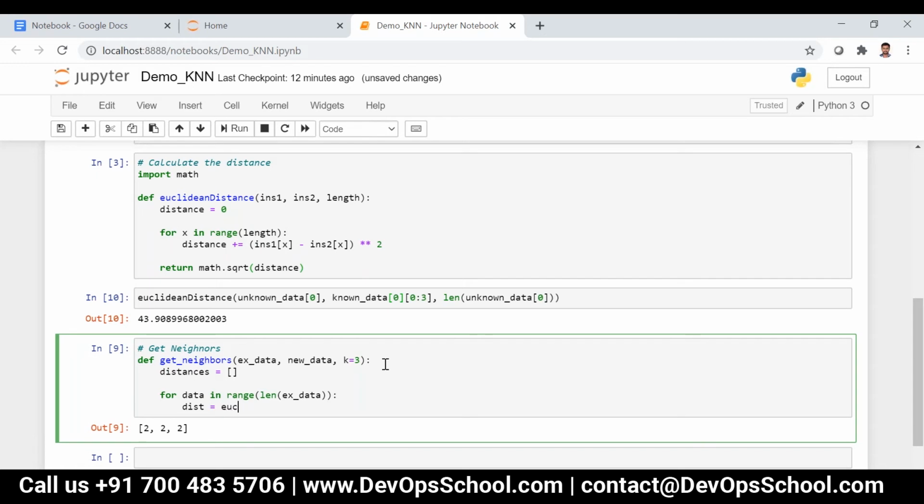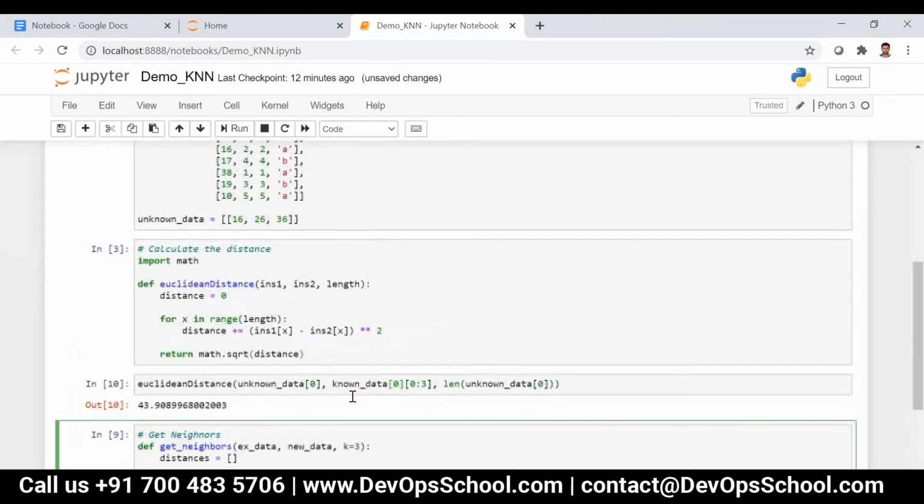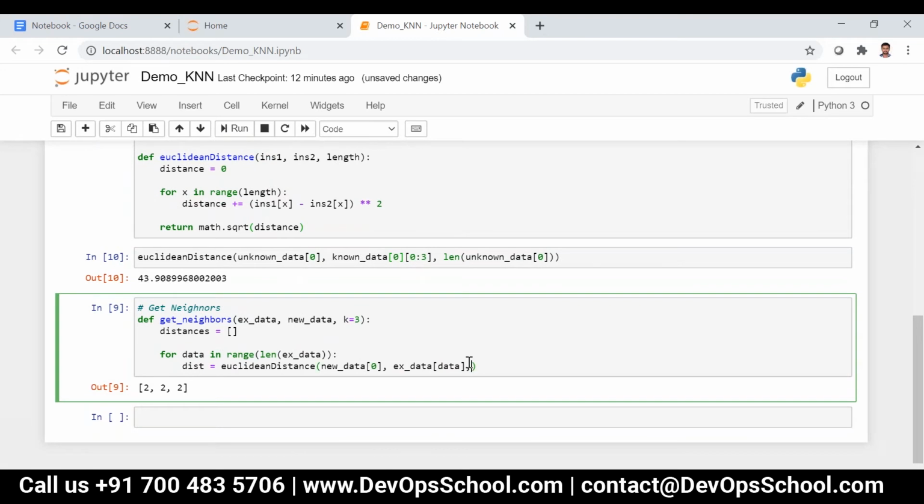Distance is equal to Euclidean distance, and then I can say new data of 0, and then x data of data. I'm doing this for everything now, not only for one particular data point. And then I can say len of new data of 0.